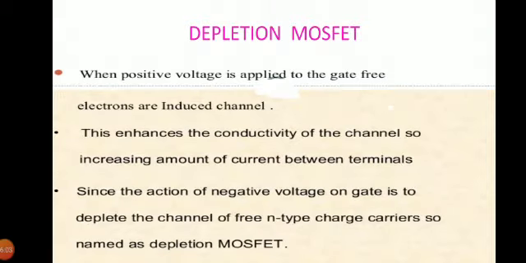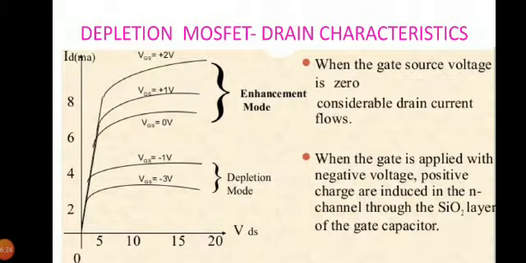Some of its electrons recombine with the holes, and thus the channel conductivity decreases. The greater the negative voltage applied at the gate, the greater the depletion of N channel electrons. The level of drain current will reduce with increasing negative bias for VGS. And you can see the drain characteristics. The drain characteristics is drawn between the voltage VDS and ID, and it is similar to JFET. The only difference is that it has a positive part of VGS also.